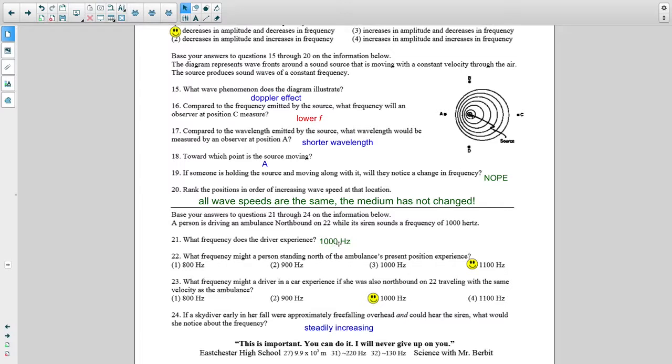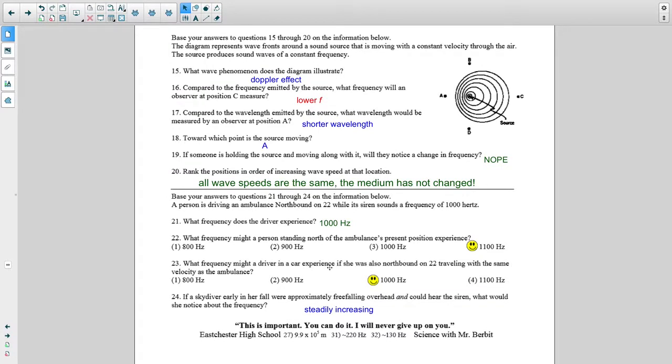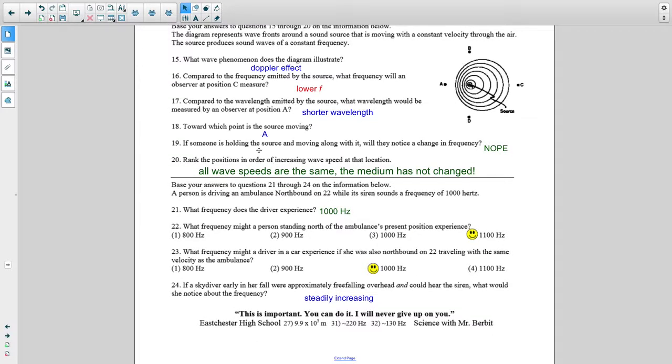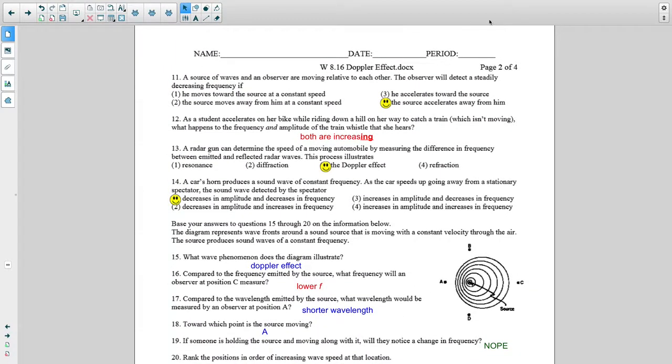So the driver will experience the same frequency as what the siren is making because there's no relative motion. Someone standing north, well, if it's moving north and you're north of it, then it's coming to you. So you could experience a higher frequency. They get squished, 1,100. If there were another driver also going northbound at the same velocity, when there's no relative motion, then you'll hear the standard 1,000 hertz unchanged. Finally, a skydiver or free falling overhead. Oh. So it's accelerating toward the ambulance. Well, if it's accelerating toward, then you will be not only an increasing, but a steadily increasing blue shift frequency. Okay. So those are the homework questions from 8/16 that were due today,